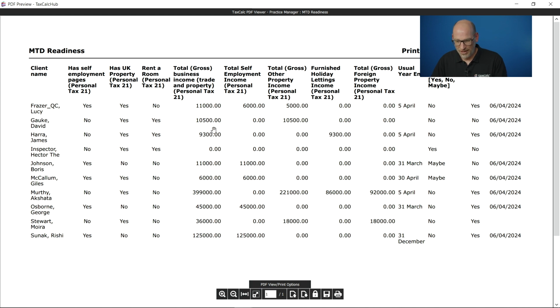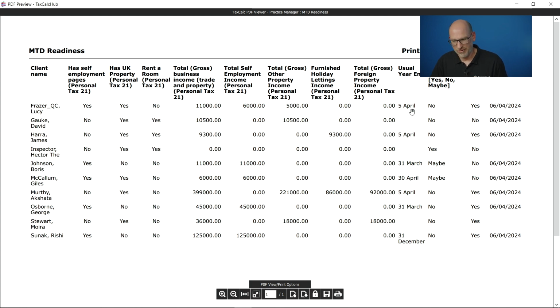And we can also report on the gross business income of your clients. So that adds up all the income from self-employment and all the income from various property sources, so that you can see whether they've gone above the £10,000 threshold or they're approaching it. If you don't see that in the system today, that's a new item that's coming out in the summer release, which I think is due in the next week or so.